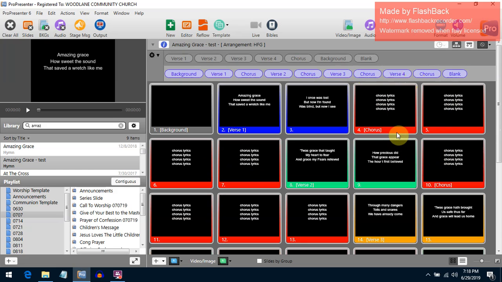Neat thing about this, when it comes to choruses in particular, if you notice that something is wrong on the chorus slide and you edit it on one chorus slide, it automatically is edited across every time the chorus comes up. You don't have to edit every single one. It's one of the awesome things about ProPresenter over and against PowerPoint and some other software. So that is how I build the arrangement, and I can do this in any